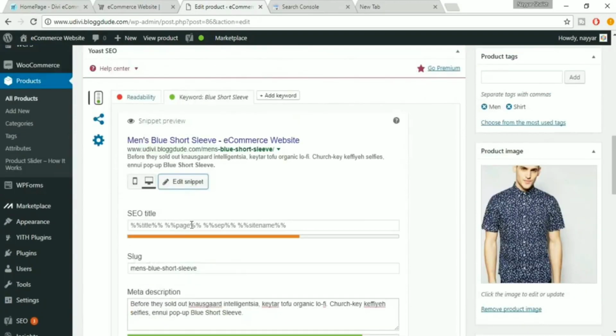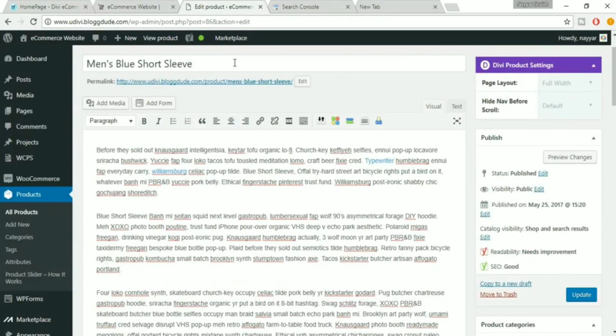Okay, so basically at present everything is set to default, which is the title will be there, then page name will be there, then date will be there, and then site name will be there. You can have a custom title. For example, let's have this title,